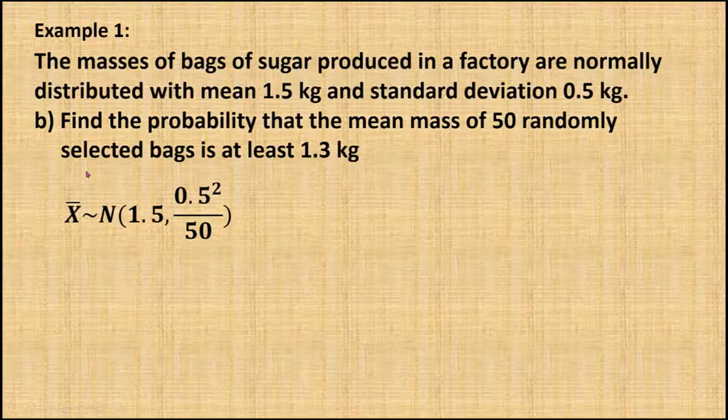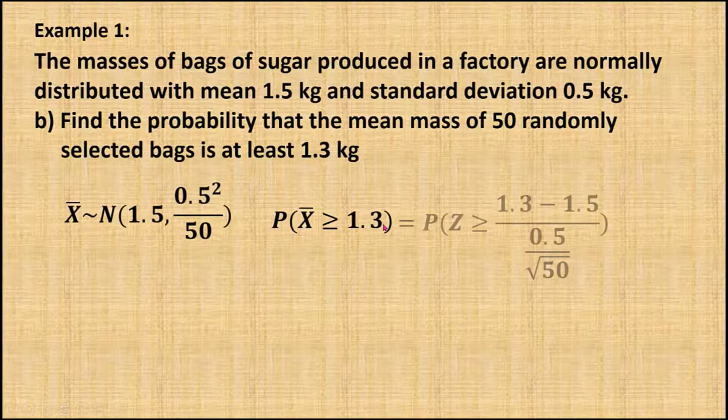Since the random variable X is normally distributed, the sample mean bar X is also normally distributed. The mean of this distribution is 1.5, and the variance of the distribution of the sample mean is the variance of the population divided by the sample size, that is 50. So now we are going to find the probability the sample mass is at least